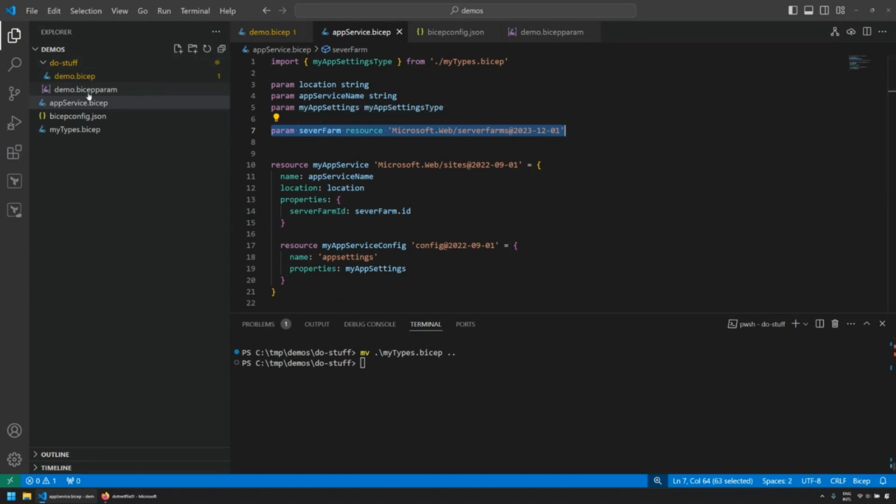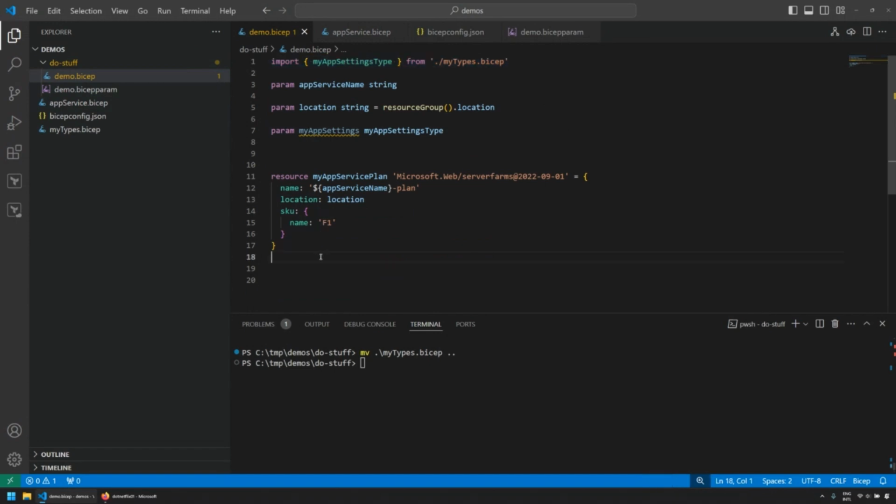And I can now go back to my demo.bicep and say, hey, I want to deploy a module, and I'm going to call it app service module deployment. I need to reference a file, and that file is /appservice.bicep. What's going wrong here?